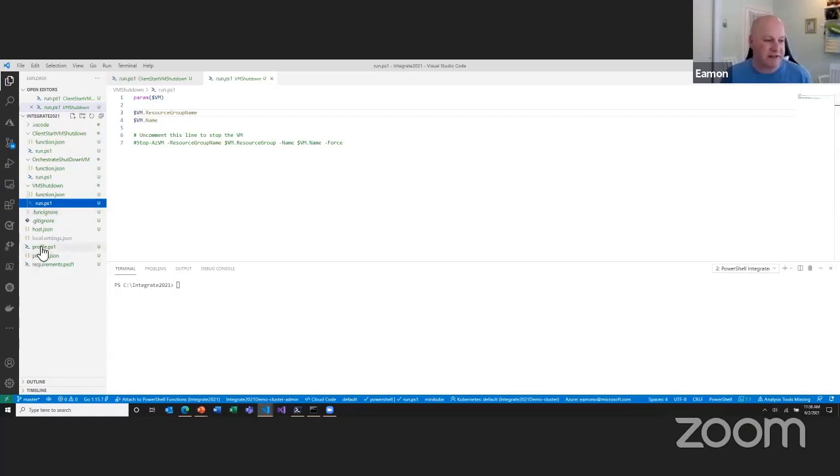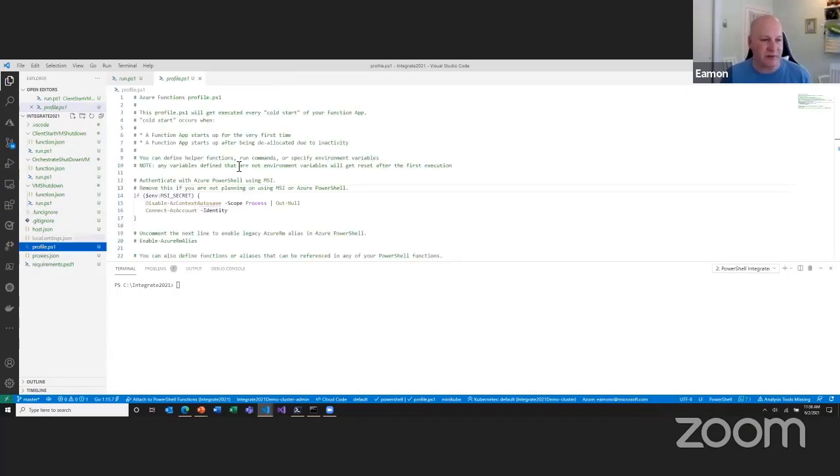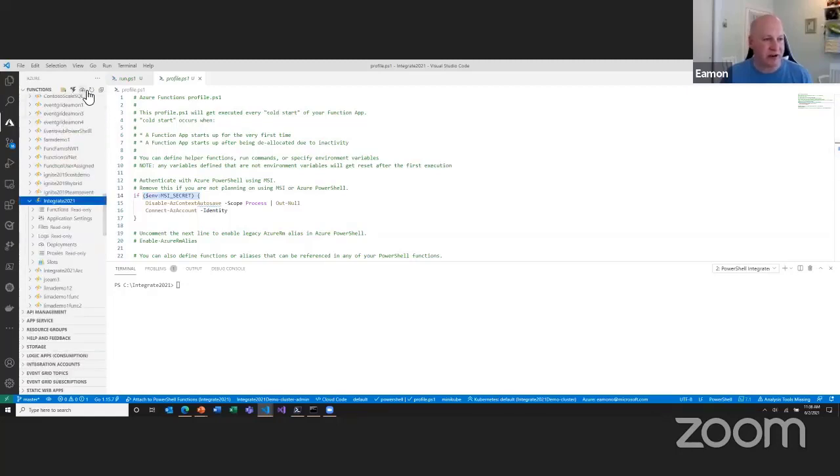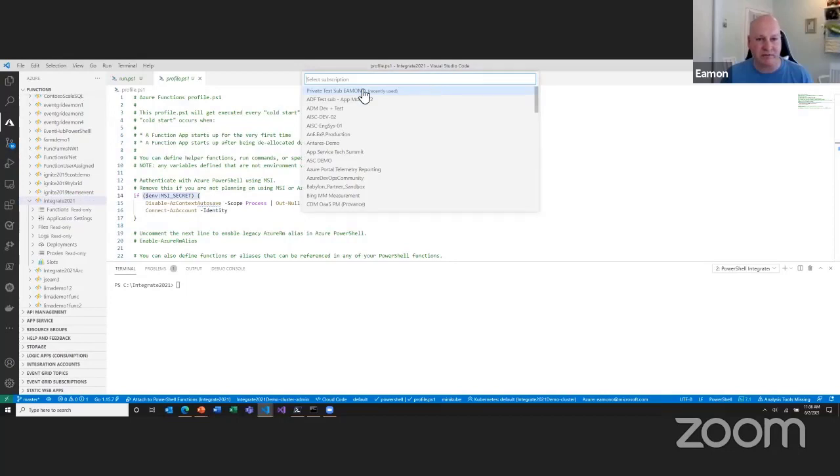And the one thing I'll mention inside of here, the identity that I created, you can see here that if identity is enabled, I can check this environment variable at runtime, then it'll automatically connect AZ using that identity, so I can manage those resources automatically. And so that gives me the permission to call into Azure, retrieve the list of VMs, but also shut them down. So once that's available, you can then just publish these directly into the portal.